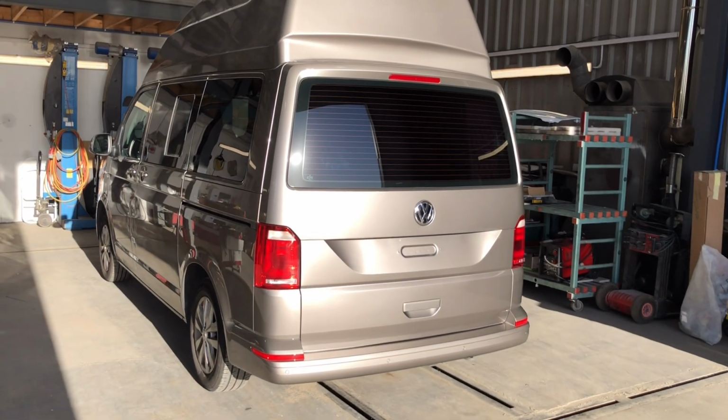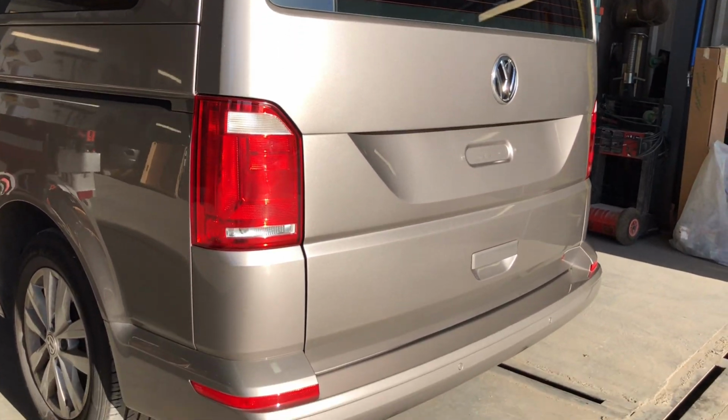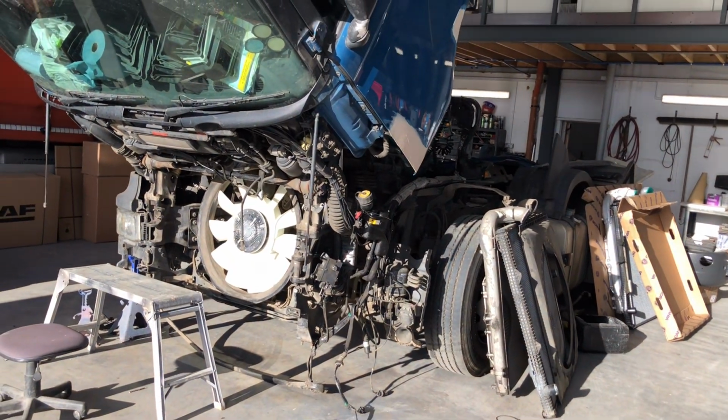Right guys, we got it done. The job took about 15 hours. It came out beautifully, a perfect color match there. And I'm just going to show you this Scania here, which is going to come probably in the next week's